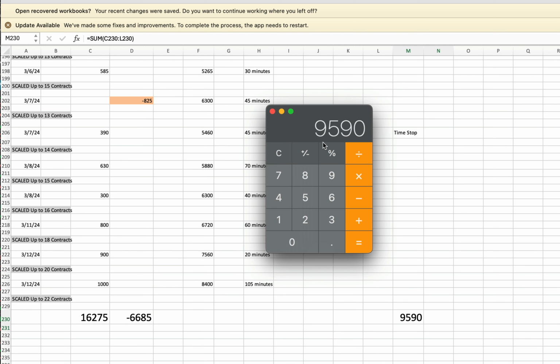9,590, that's the winnings, what we made with it, divided by the initial risk, the initial capital I had to put in to start this project, and that was already paid back to me, so it's not even my money anymore at this point. But let's just say 420, which is the amount I started with. 420 equals 2,283%, which is just ridiculous. I mean, it's too good. I'm still trying to figure out what am I missing.